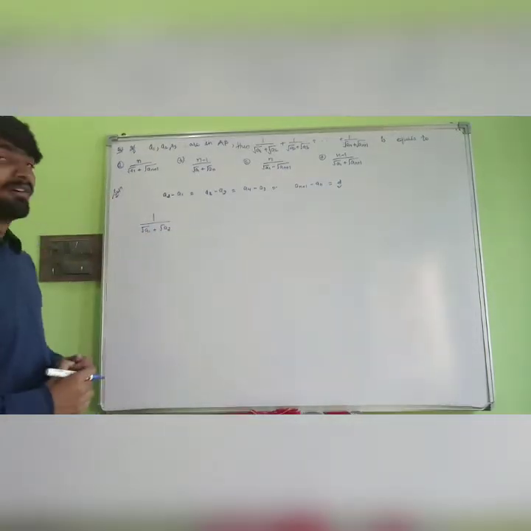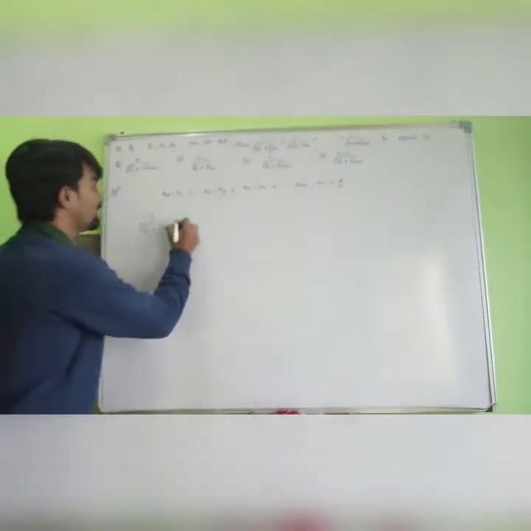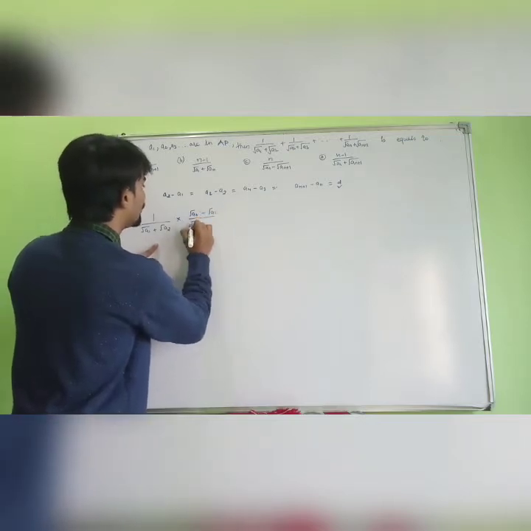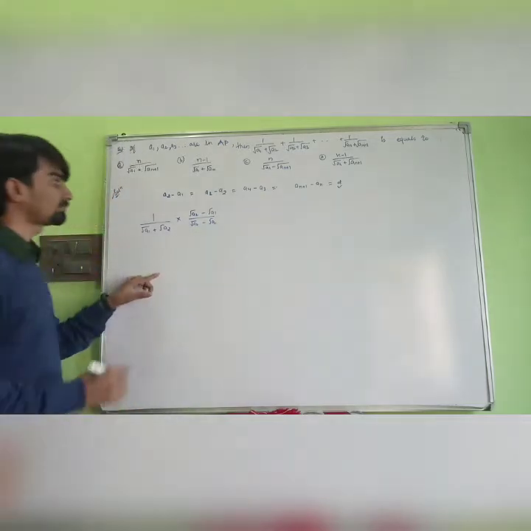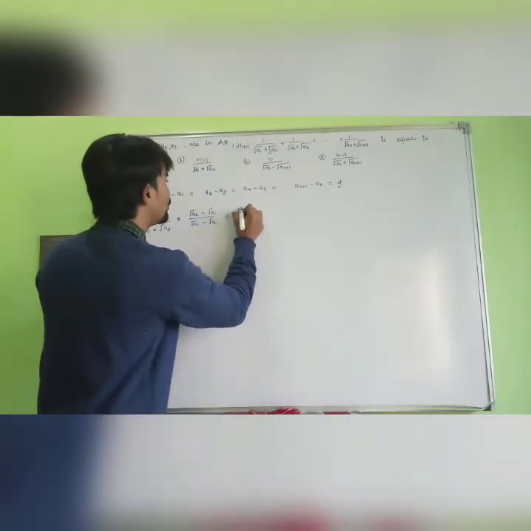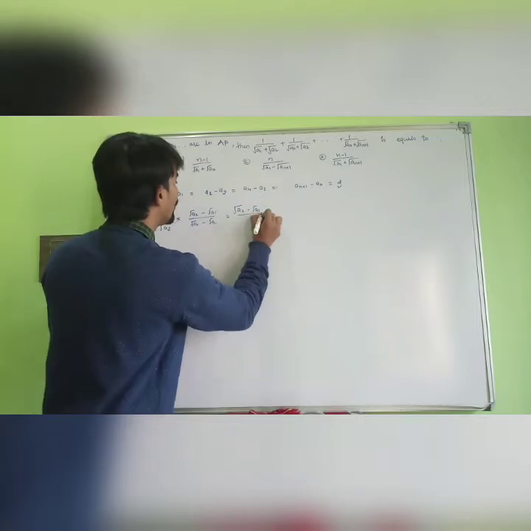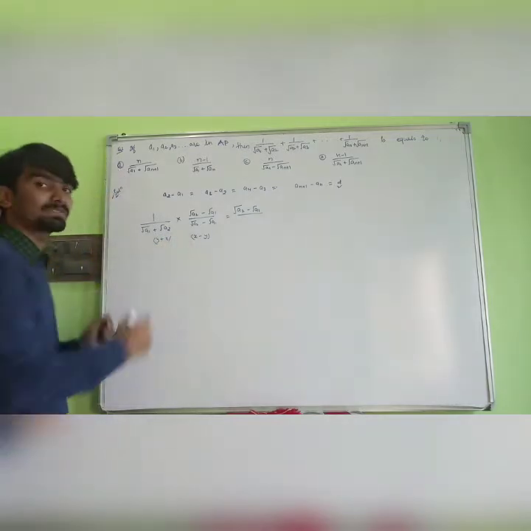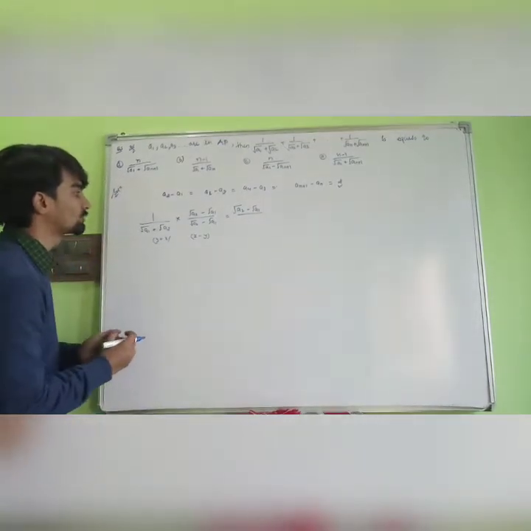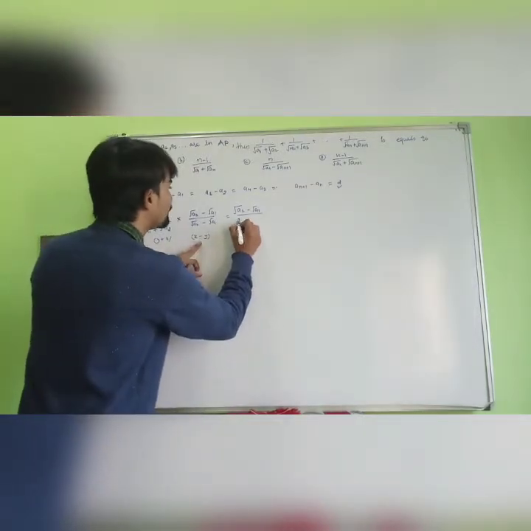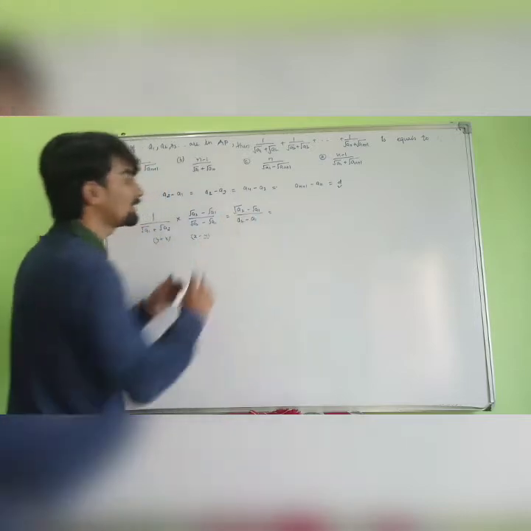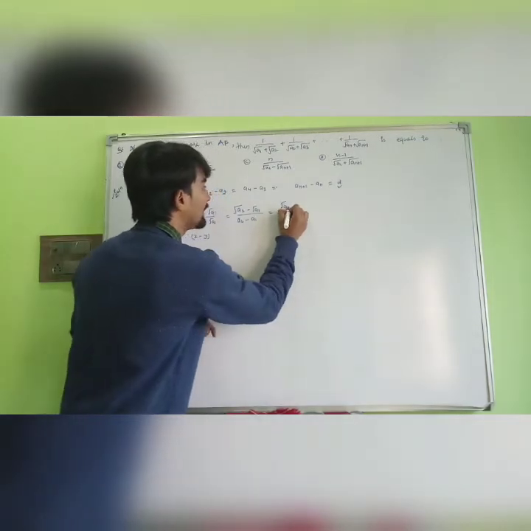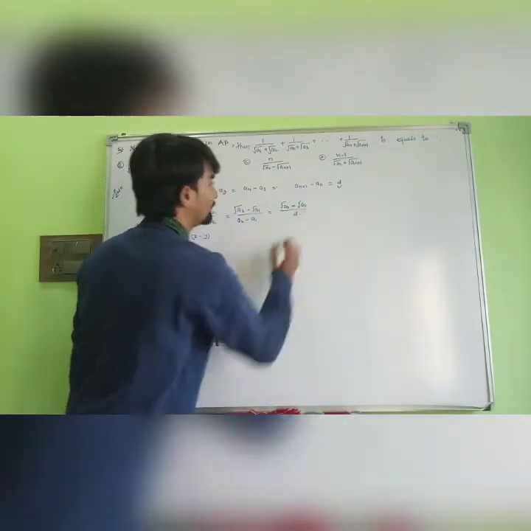First thing we have to rationalize it. So if we rationalize it like this, multiplying by root a2 minus root a1 upon root a2 minus root a1. In the numerator we will have root a2 minus root a1, and in the denominator it is x minus y and x plus y. What is x minus y and x plus y? It is x square minus y square. So in the denominator we will get a2 minus a1. And what is a2 minus a1? a2 minus a1 is equals to d. So we can write it as root a2 minus root a1 over d.